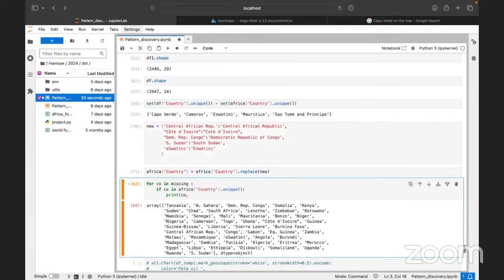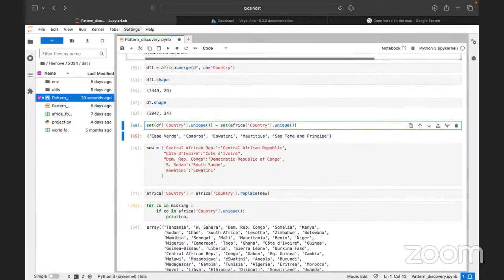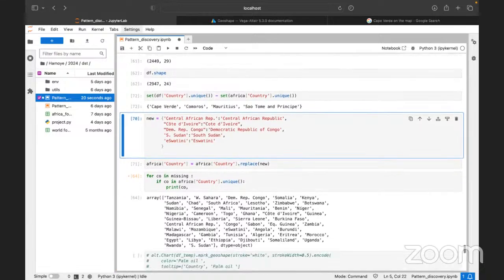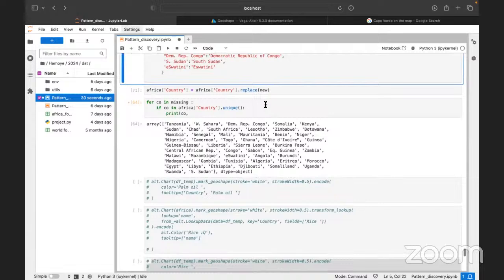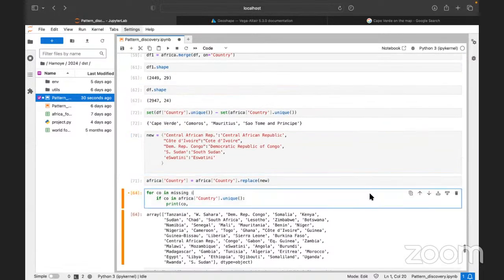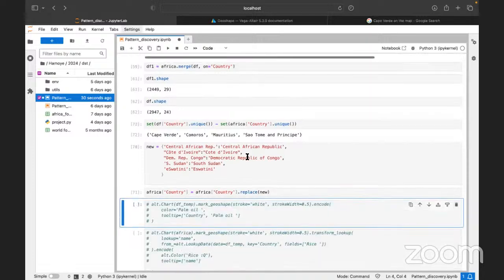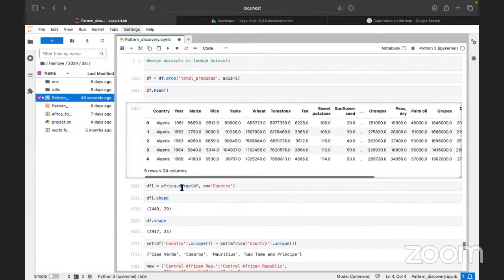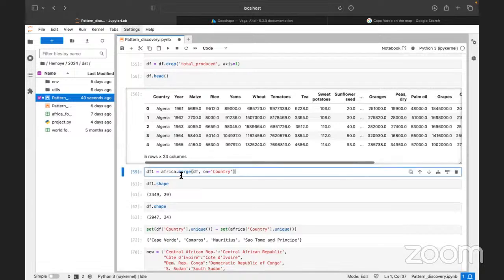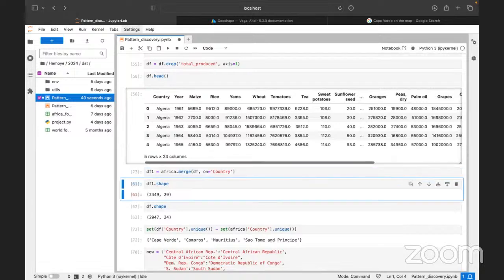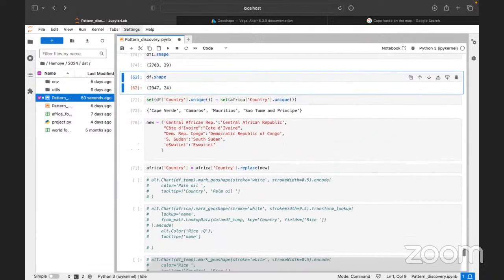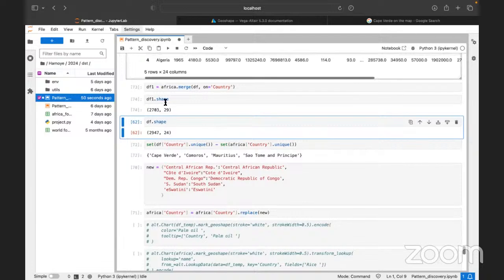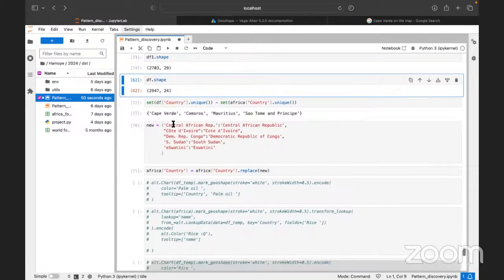I don't think that should give us, okay. So now if we run this, okay, we'll just let go of these 5 countries for now. And then we'll go ahead and remove this. We don't need this. We'll go ahead and do our merge on countries and see how that improves things. Okay, so that's good. And now with a merged data set, the GeoDataFrame, yes, with a merged data frame